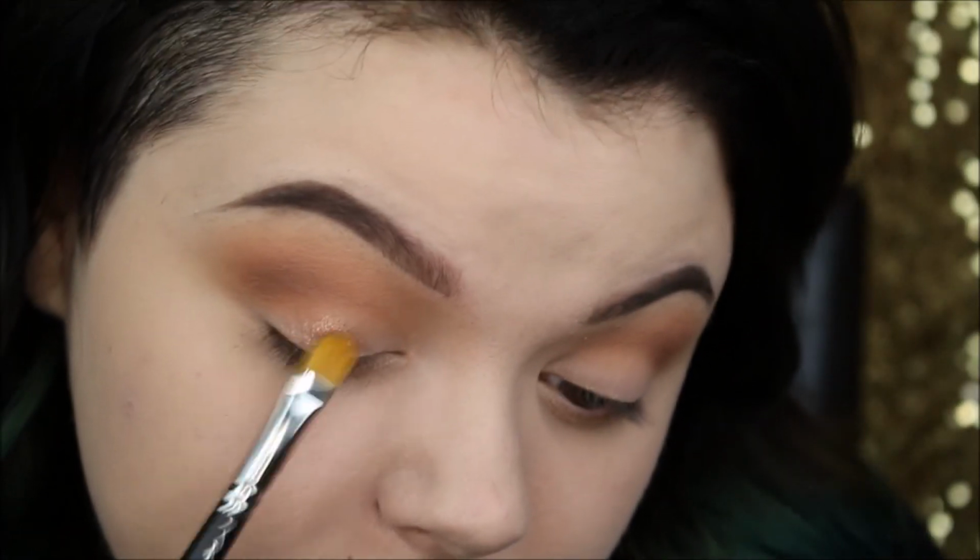Now some days I go in and I'll do something on my lid, some days I won't. Like I said, just because of my time. Today I think I'm going to go ahead and do a lid color, just my favorite lid color on a daily basis. I used them in my last tutorial as well, but I'm going to go in with Grandstand and Starry Eyed by Makeup Geek, and these are their foiled eyeshadows, which are just my favorite formula of any eyeshadow. They're fantastic. Grandstand, and just apply